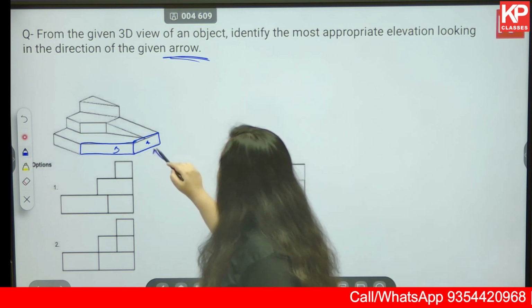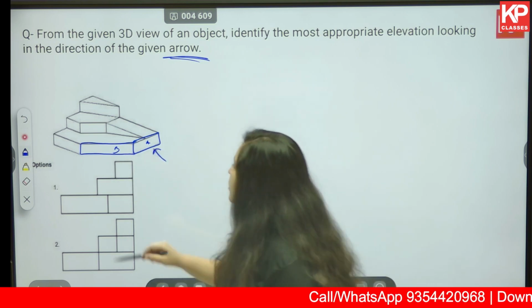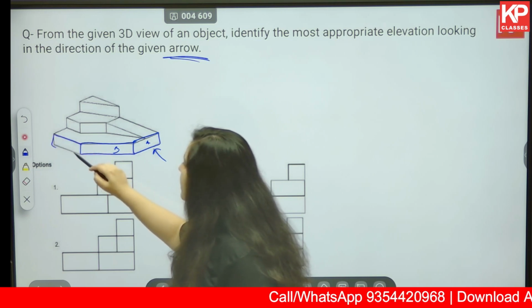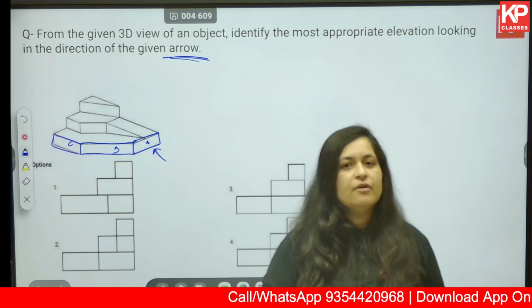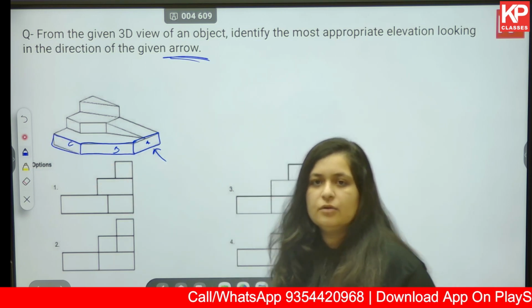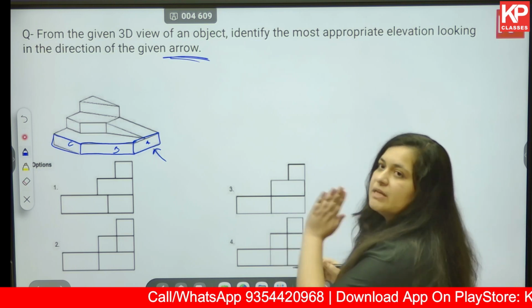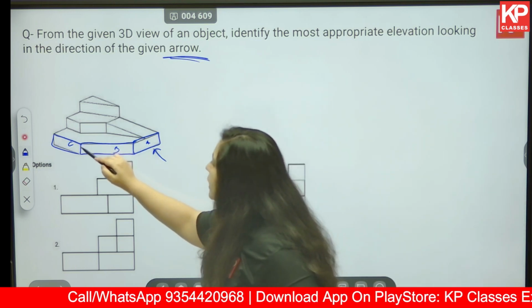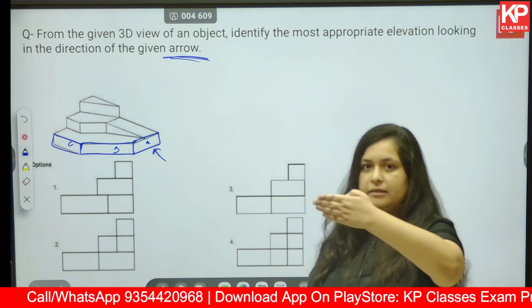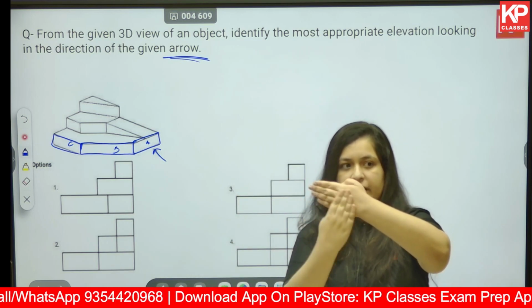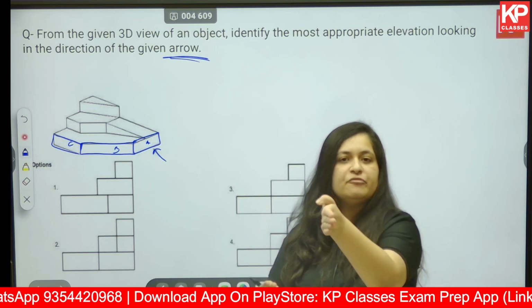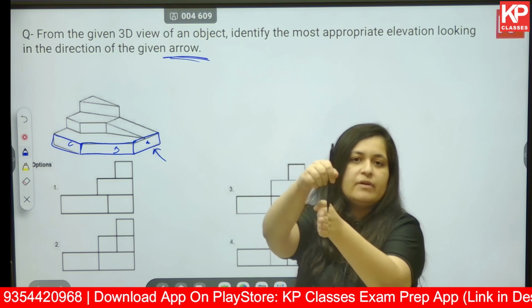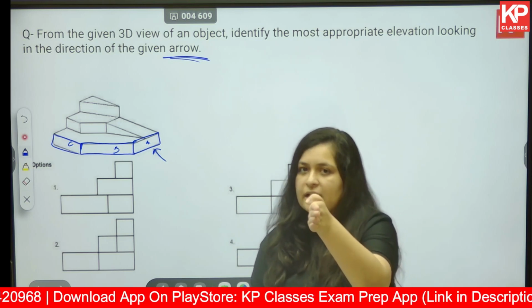If you view it from this arrow, will you be able to see this rectangle? Let's call it C. Will you be able to see that? No. Okay, that is absolutely a 90 degree. So what are you going to see? Just one line. A rectangle like this, you will be able to see a rectangle, but if you are viewing it from this angle, you are able to see only one line. You are not able to see any rectangle.